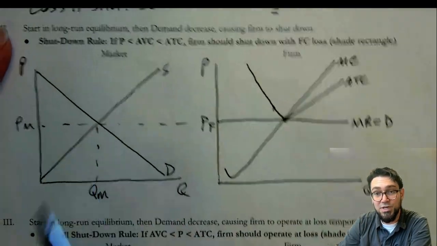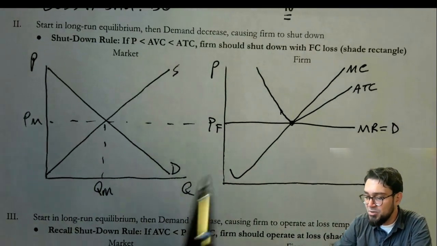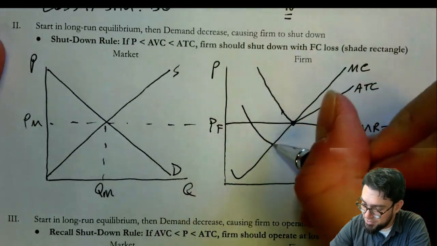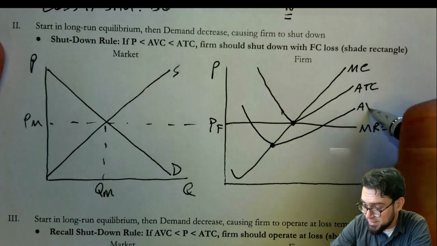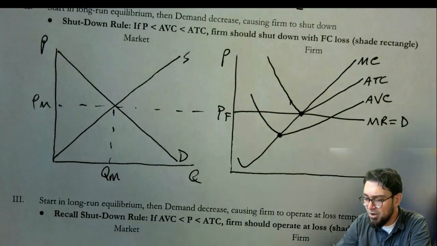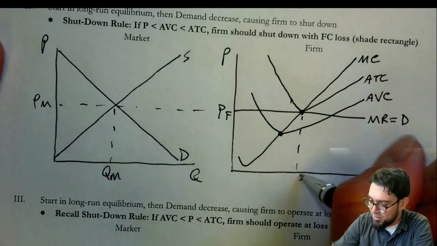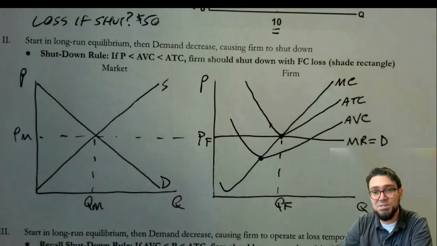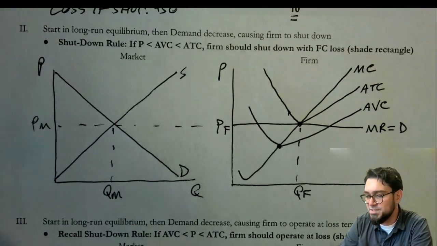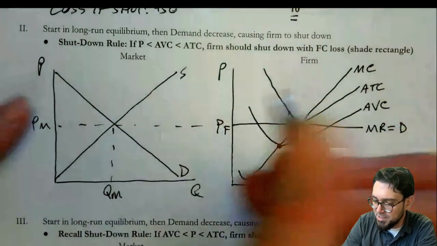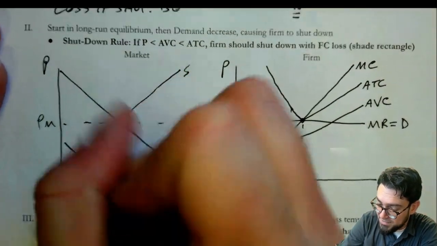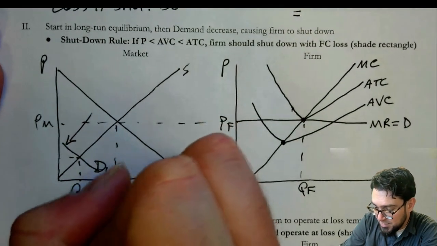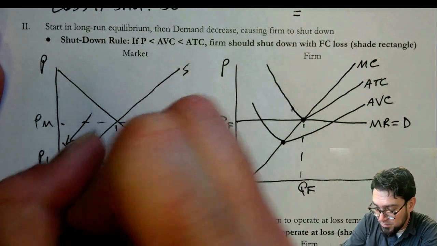Now, in order to do these, we do need an AVC on this graph. So if we're going to have this where the firm's going to shut down, I'm going to put my AVC right about here. It's got to be lower than my ATC, right? So AVC. And now we're going to make something happen that'll cause this firm to shut down. Let's say demand decreases because maybe there's news that salmonella or something has gotten into the food supply, right? So demand falls a whole lot, a huge decrease in demand for the product. Well, that's going to drive the price and the quantity in the market pretty low.